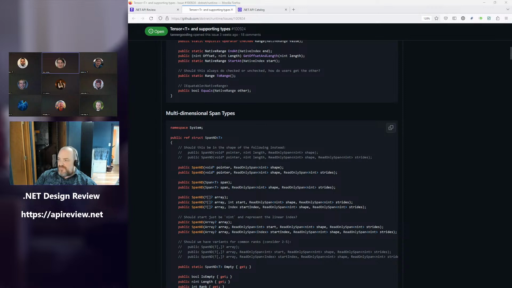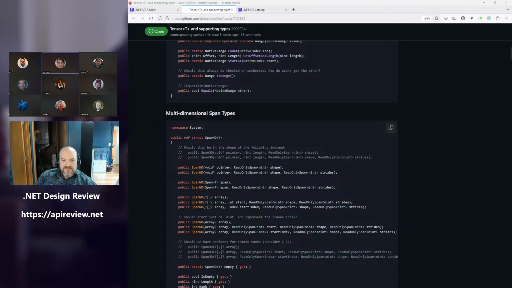Steven came up with a nuance here that made me like it a bit more, which was specifically that we could basically pivot and start talking about all multidimensional data in .NET as tensors. And therefore, we might no longer say multidimensional array.